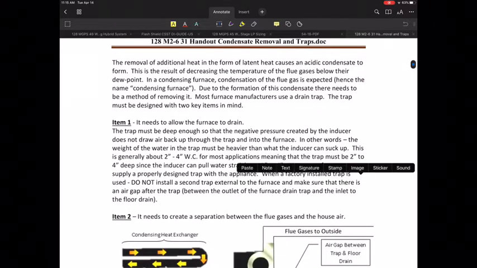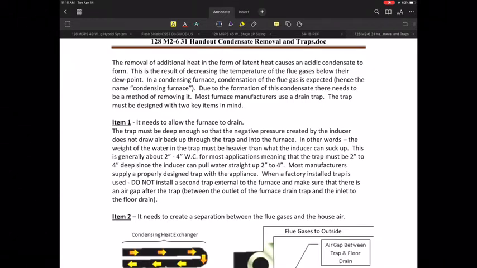I've seen it where it'll eat away through copper pipes, it'll eat away through aluminum, it'll eat away just about anything that is not really set up as stainless steel. So you really have to be careful with that and make sure that you're using appropriate materials to properly get rid of those condensate